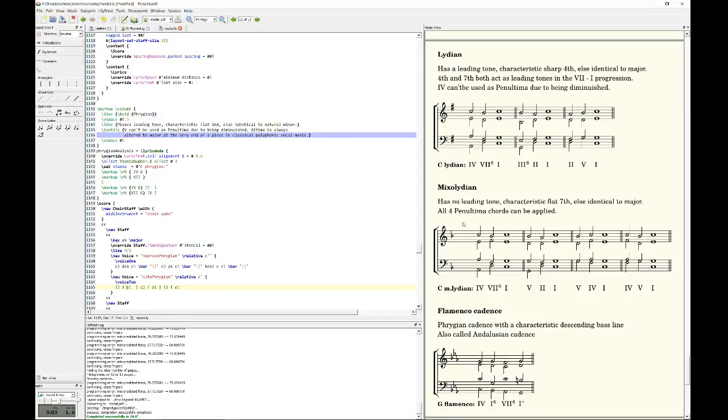On to Mixolydian. Mixolydian has no diminished chords in its potential penultimas. So the 7th step and the 2nd and the 4th and the 5th step are all major or minor chords. So we have 4 kinds of cadence that we can make. Let's jump right into listening. First one. Second one. Third one. And lastly,